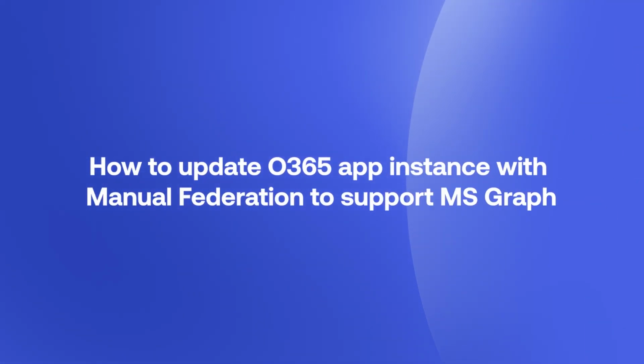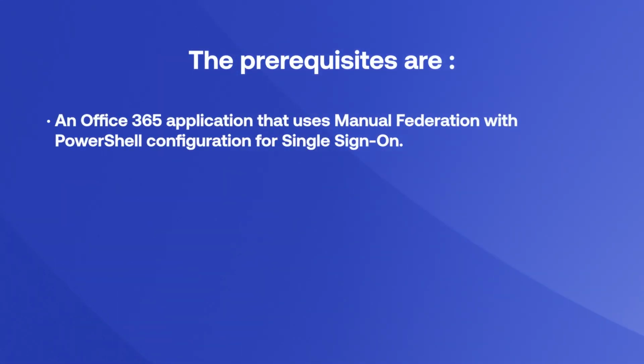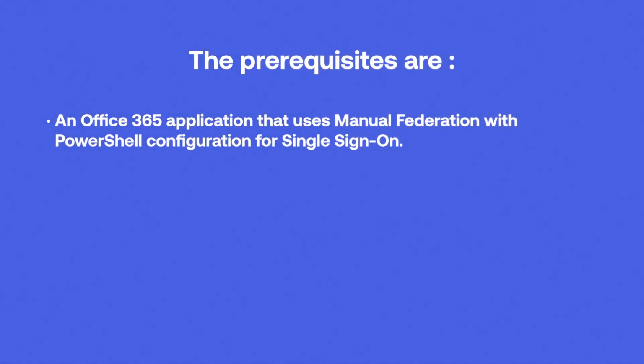In today's video, we will explain the process of updating the Office 365 instance with manual federation to support Microsoft Graph. Before we begin the process, the prerequisites are an Office 365 application that uses manual federation with PowerShell configuration